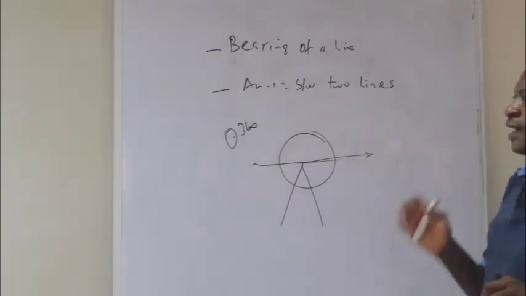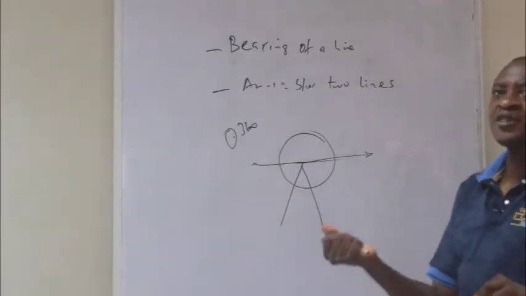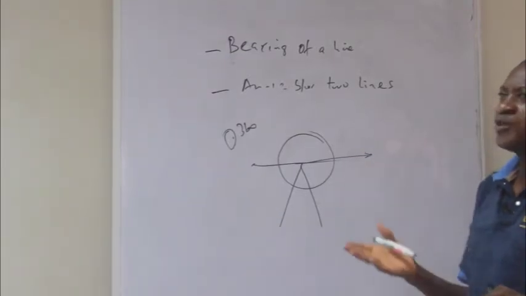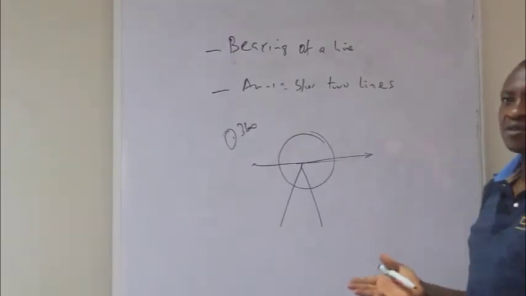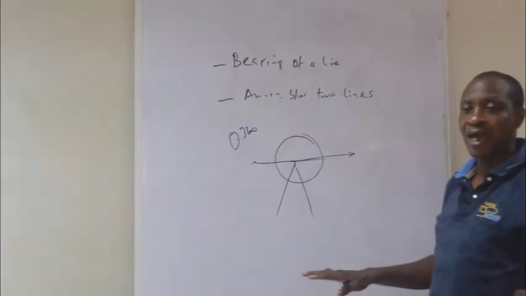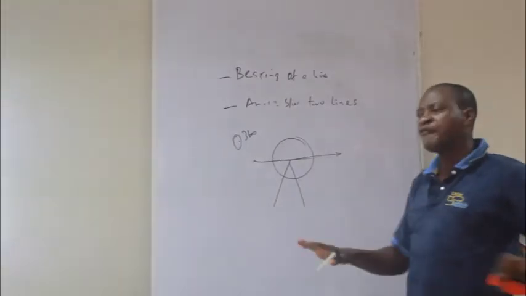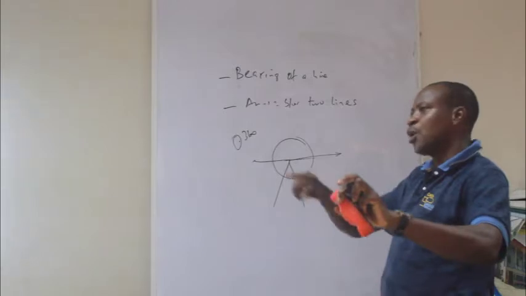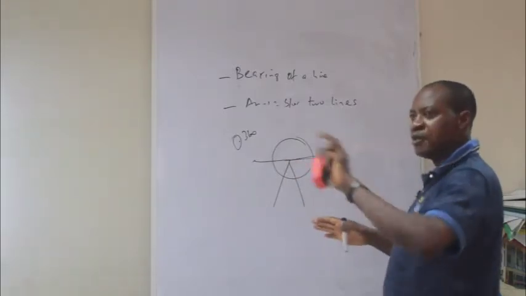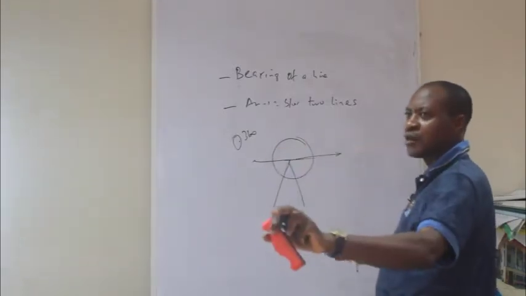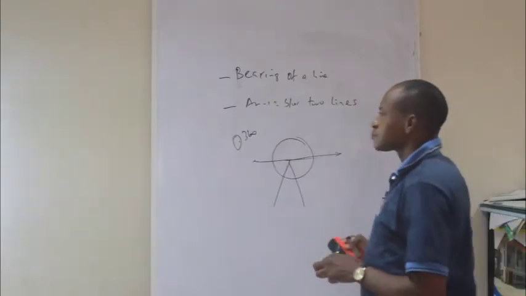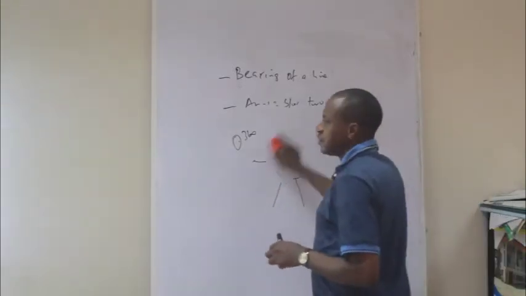So don't forget, anytime you hold your magnetic compass, it will always point to the direction of the north once it settles down. As you turn, anywhere you are aiming at, the needle will always point to the north. Anywhere you face, then you can measure the remaining angle. So that is that about